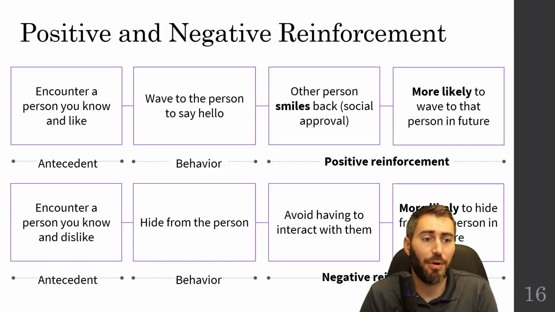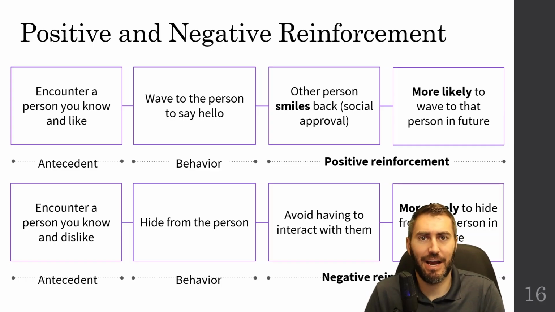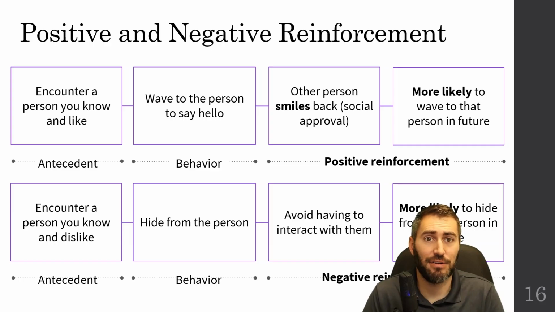So another example of positive reinforcement, again, would be the idea of adding something good to increase behavior. So let's say you got all A's on your report card, and that's a good behavior. Your parents want to reinforce that behavior. So they say, well, here you get a new car because you got all A's on your report card. And so that's going to maybe make you more likely to try and do that again because maybe you'll get something else in the future. And so you're adding something good to increase the behavior.